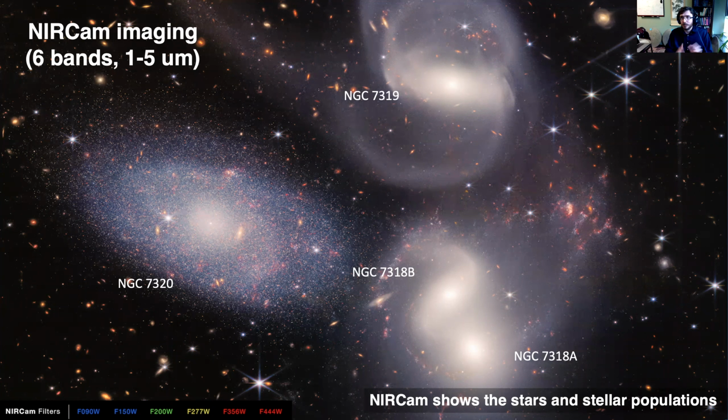This is the central regions of Stephan's quintet itself. There's another galaxy that's kind of off the field in this view, but it's composed of these two systems down here, NGC 7318A and B, NGC 7319, which is the one that we're going to be interested in today, and NGC 7320 over here. Even though it looks like all four of these are interacting with one another, this big one here is actually not part of the party. It is at a much lower redshift and just happens to be seen in projection in front of what's going on in all of the other galaxies.